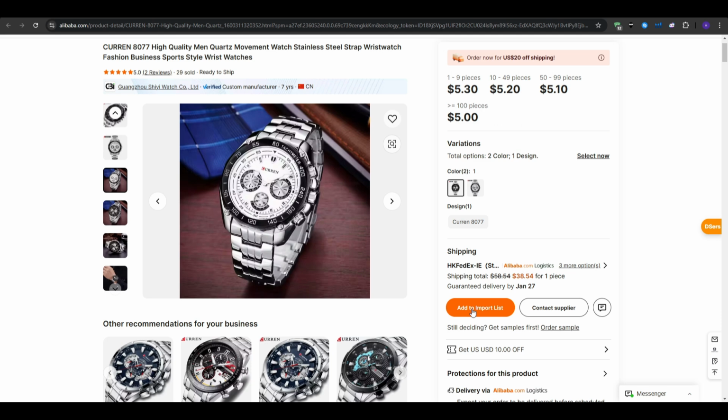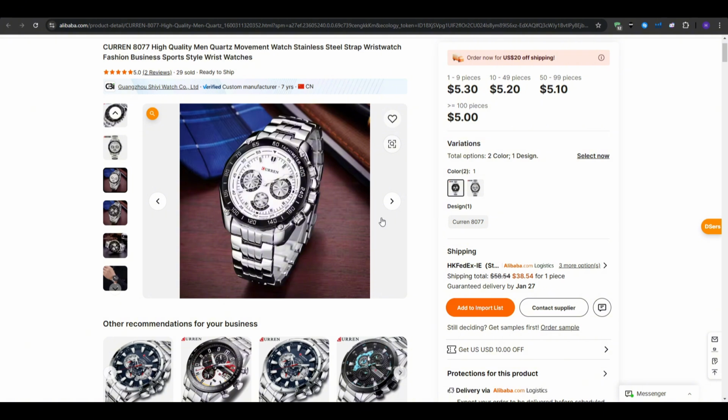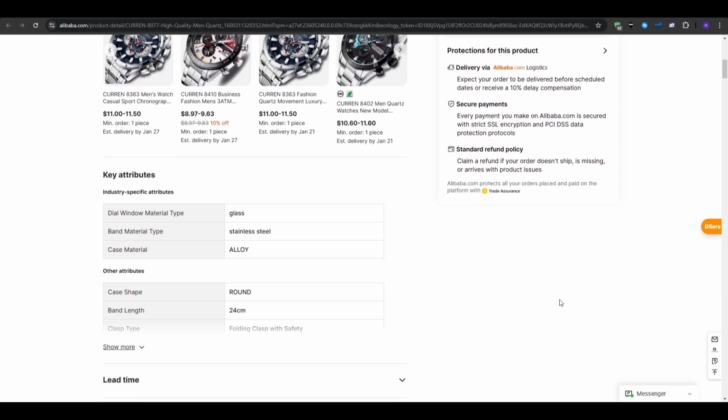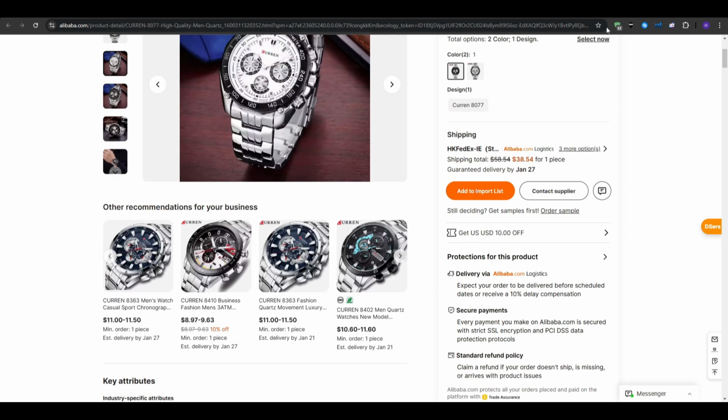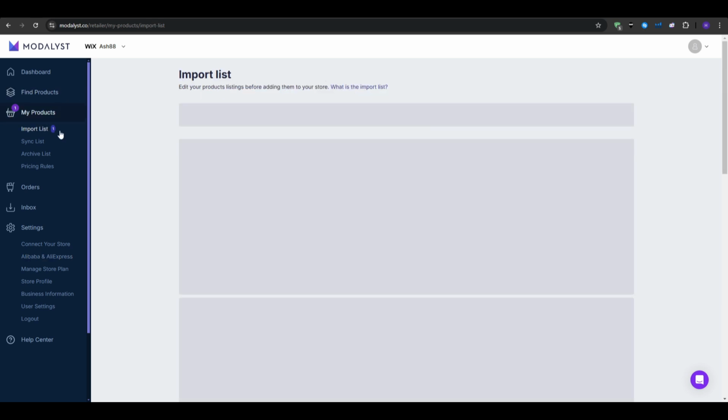And the great thing is that on this page right here, we can see how long the processing time would be, how much the shipping would cost, and the base price for the product. And then you can click on add to import list and configure further details. So now you should go back to your Modalyst account once again. And then if you check the my products, into the import list, you should see a brand new product that